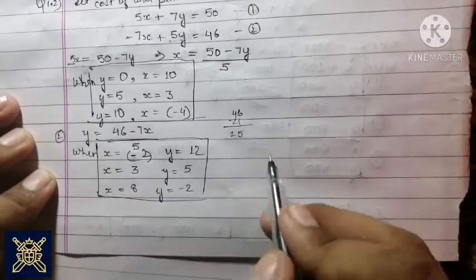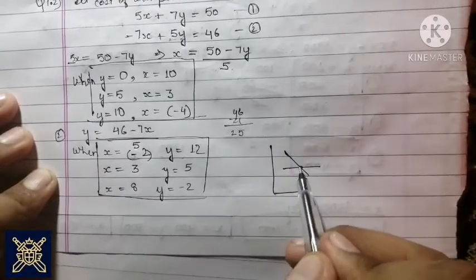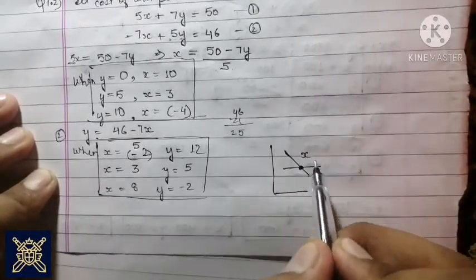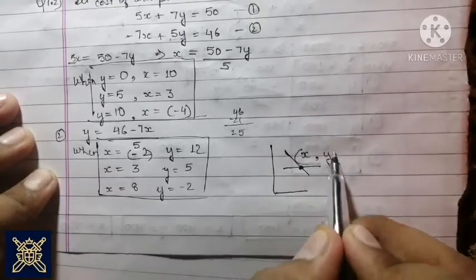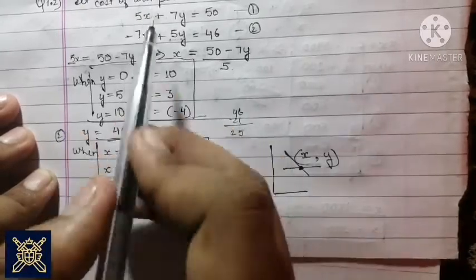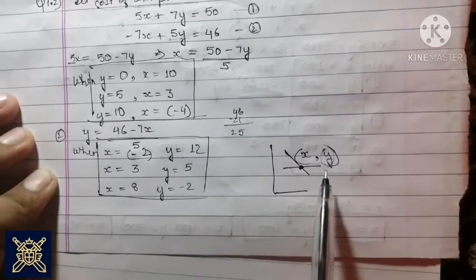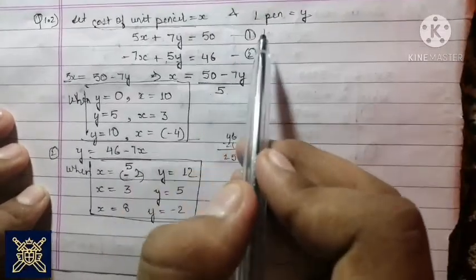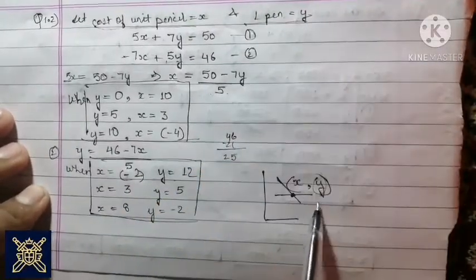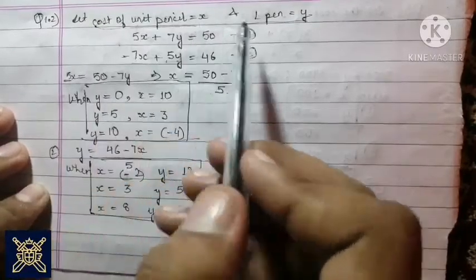So now you have to plot the graph. For example, if this is the formation, this particular point will have the coordinate x and the coordinate y. Whatever value of x you get from this point will be the cost of one pencil, and whatever value of y you get from here will be the cost of one pen. So x and y are the corresponding costs of one pencil and one pen.